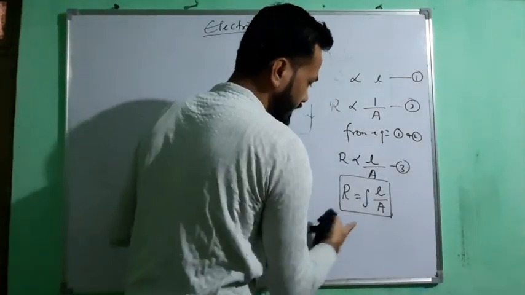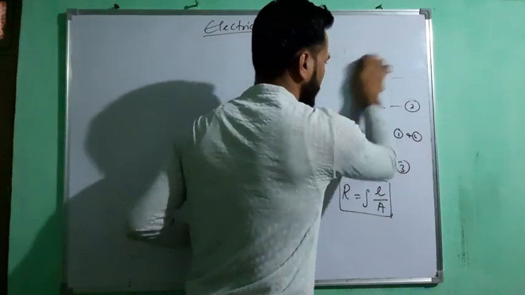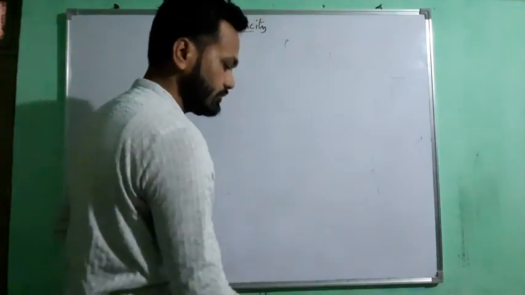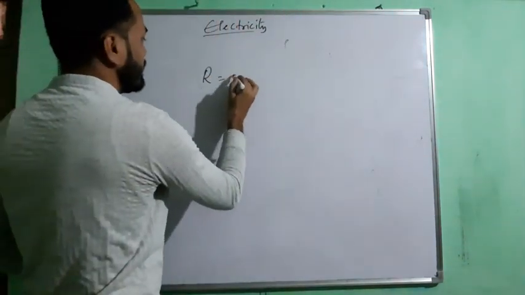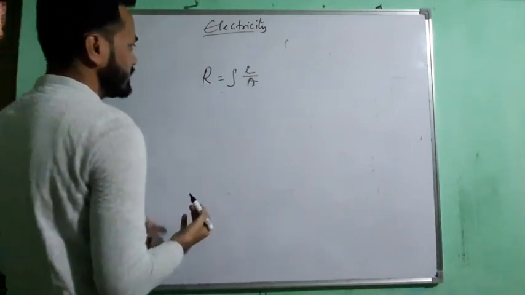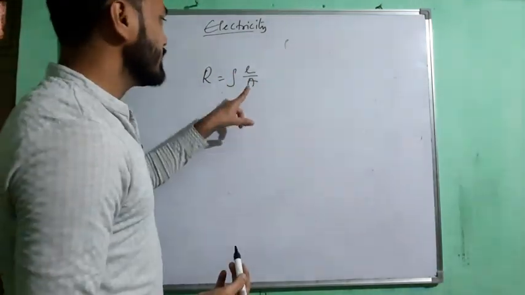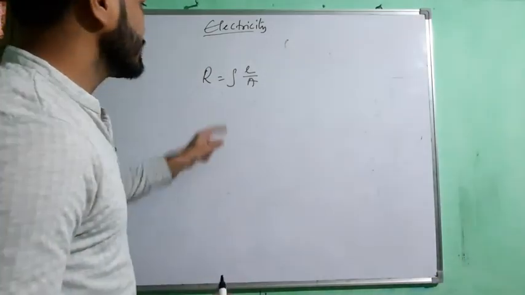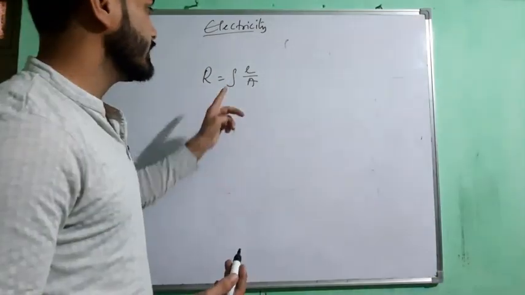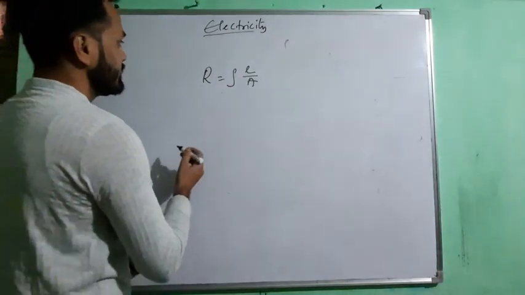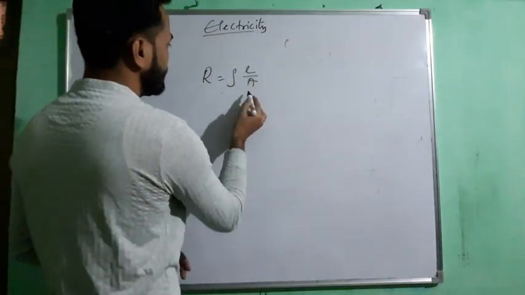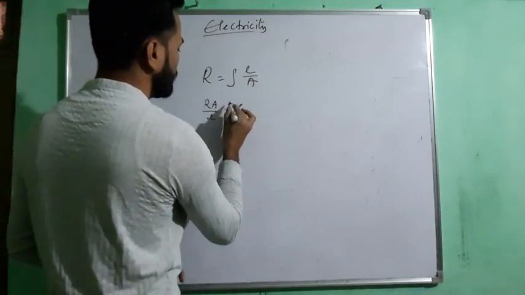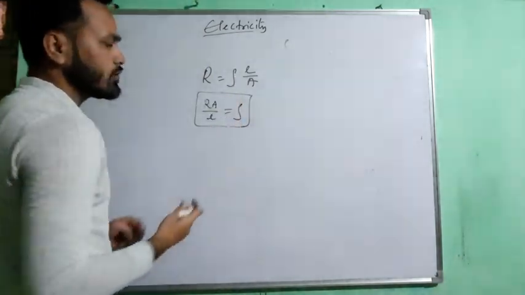This formula which we have arrived at here is very important. Look here. We have the formula R equals rho L by A. Resistance is directly proportional to the length, inversely proportional to the area of cross section, and rho is a proportionality constant. First I will solve the equation for this resistivity. Here the relation is division, so when I take it across, it will be multiplication: RA by L equals rho. So for the resistivity I have solved the equation.